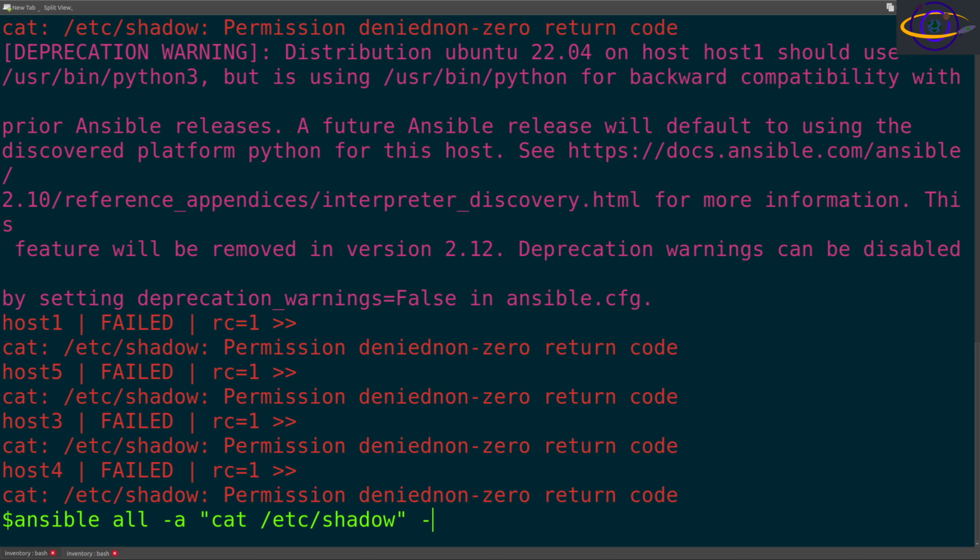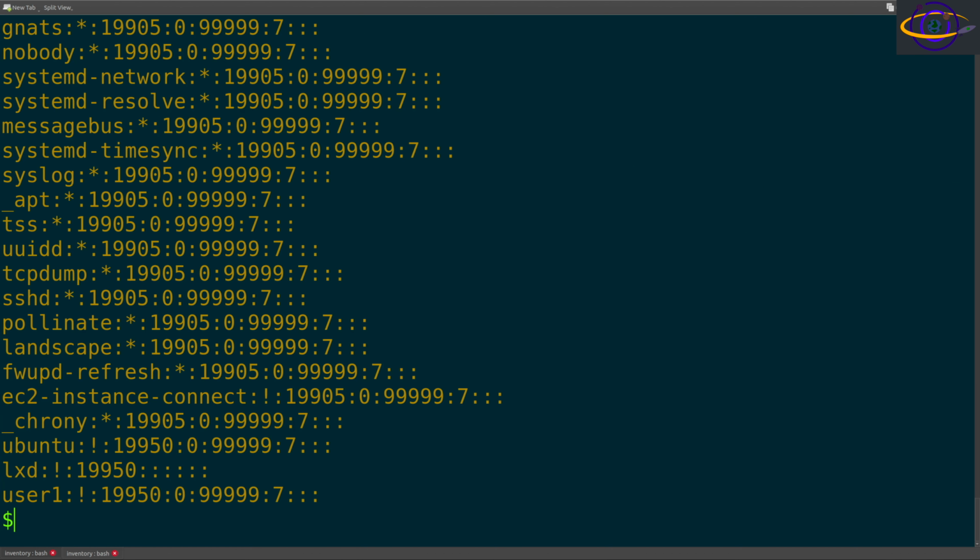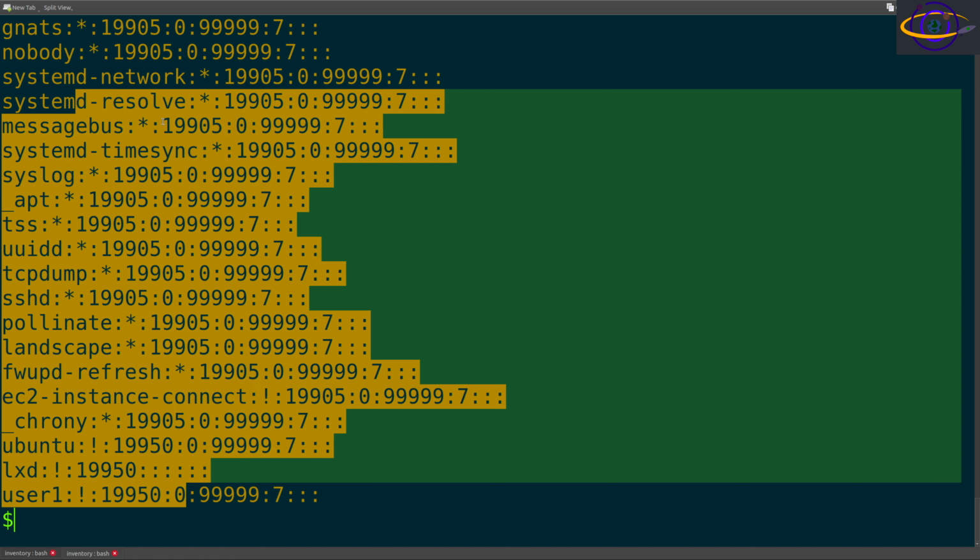Now, since I'm using SSH keys and passwordless sudo, I can just do a -b to tell it to become, and that tells it to sudo, and it's sudoed on all my hosts. And this is what the shadow file looks like on those hosts. No actual password hashes in there for any of those users because I'm using SSH keys for everything. But in any case, the -b tells it to sudo, and it successfully does that without prompting for